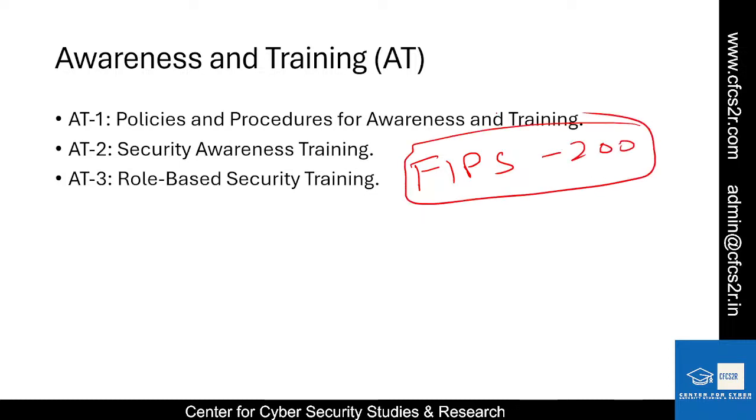FIPS 200 is a specific standard that focuses on the CIA. You can search on the internet: CIA, confidentiality, integrity, and availability. How the level of CIA is going to be scored is entirely part of FIPS 200. So it is a specific document, and it explains the awareness and training control of the particular standard